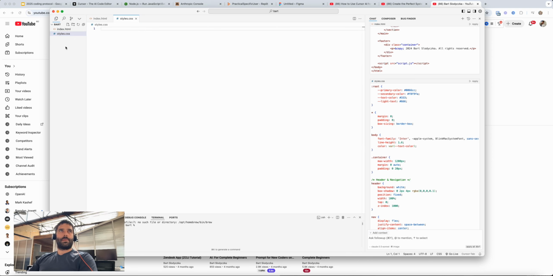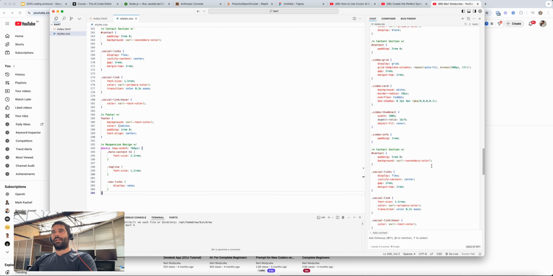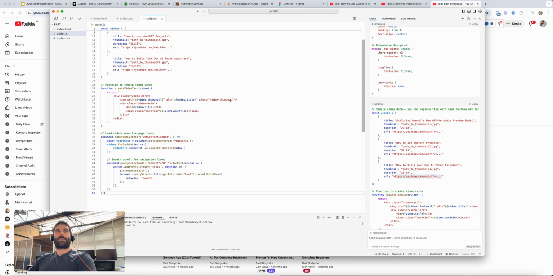The .css is the extension of the file, and it basically tells us this is the CSS, the styling file. The .html extension, as you would assume, is the HTML file, then the .js is the JavaScript file. If you do Python, it's .py. But here's our styling for the app. And then we have script.js, and I'm going to copy script.js and put it into here.